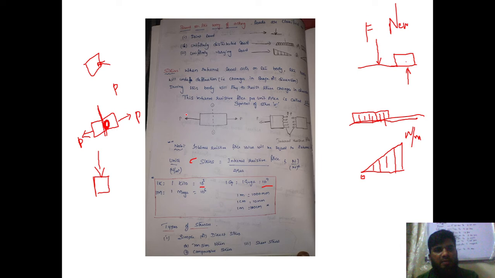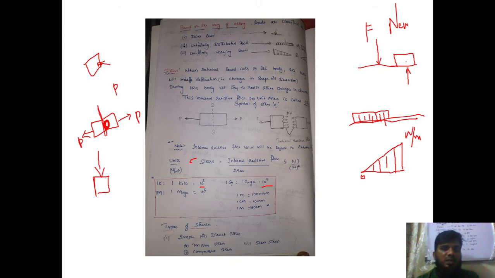Now, when we discussed load, we saw various types of load. When we discuss stress, again stress is of different types. First, simple stresses. These simple stresses we generally also call direct stresses, which are nothing but tensile stress, shear stress and compressive stress, which are generally created because of the application of load on the surface.